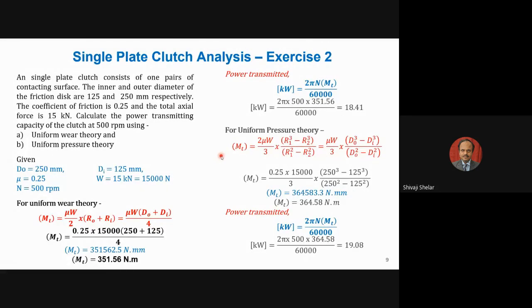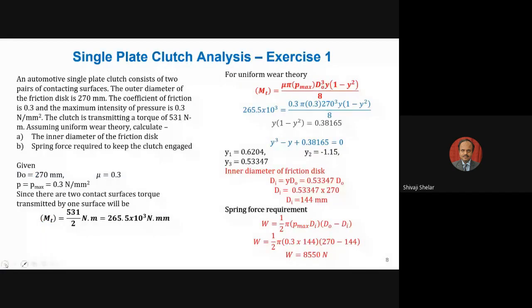Again, engagement happens. Whenever you are pressing that pedal, you are required to supply a large amount of force to the pedal through a mechanical advantage, and only then will the clutch be disengaged. How much force do you have to supply? If you go to the previous diagram, that force should be greater than the load requirement, that is, the spring force. So when you press the pedal, you have to supply a force to overcome the spring force. So your force should be greater than the spring force.